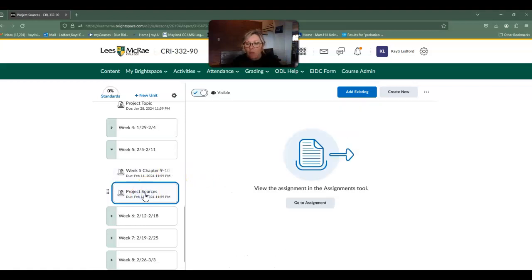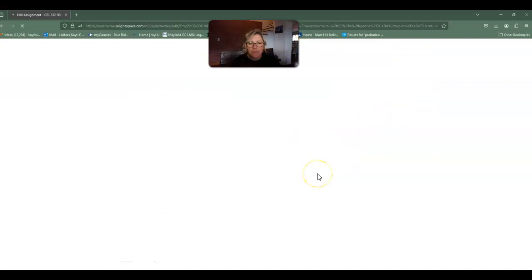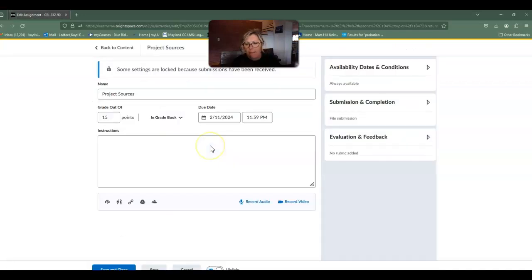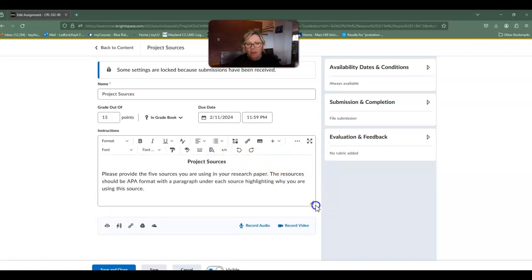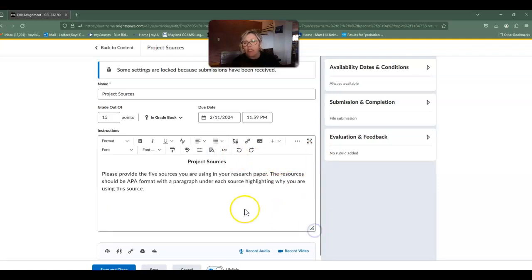And then your assignment for your project this week is going to be turning in your project sources. So let's look at that. Let's make this a little bit bigger for y'all. So what you need to do is turn in a reference sheet,